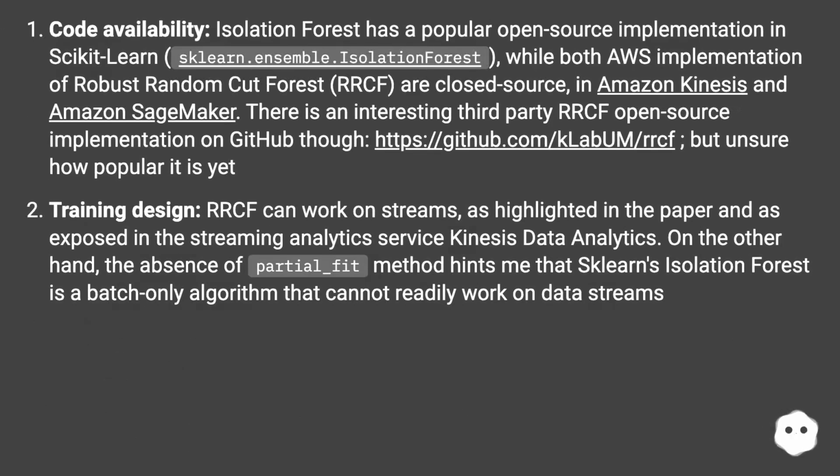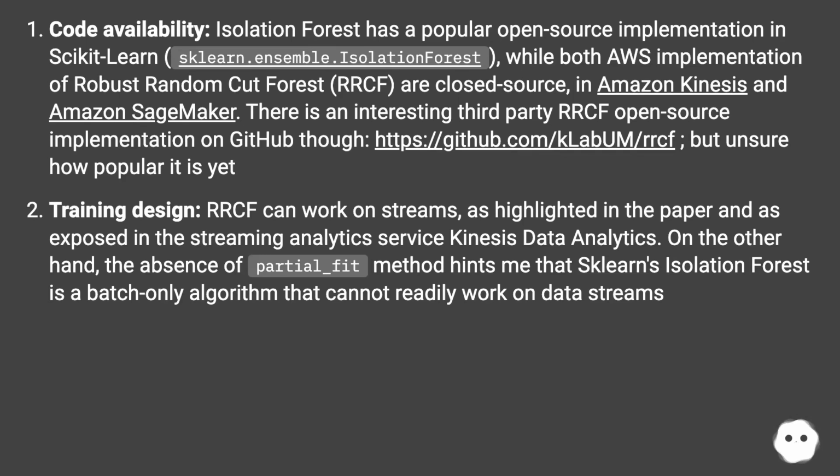Code availability. Isolation forest has a popular open-source implementation in scikit-learn, sklearn.ensemble.IsolationForest, while both AWS implementations of robust random cut forest, RRCF, are closed source, in Amazon Kinesis and Amazon SageMaker. There is an interesting third-party RRCF open-source implementation on GitHub though, at this URL, but I'm unsure how popular it is